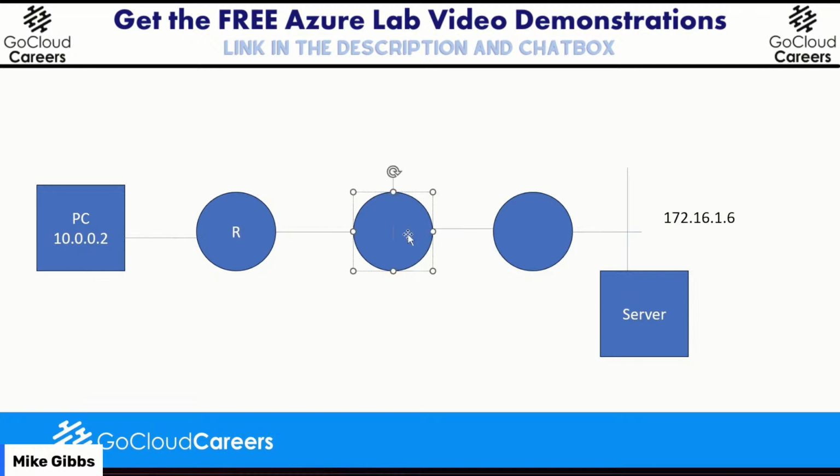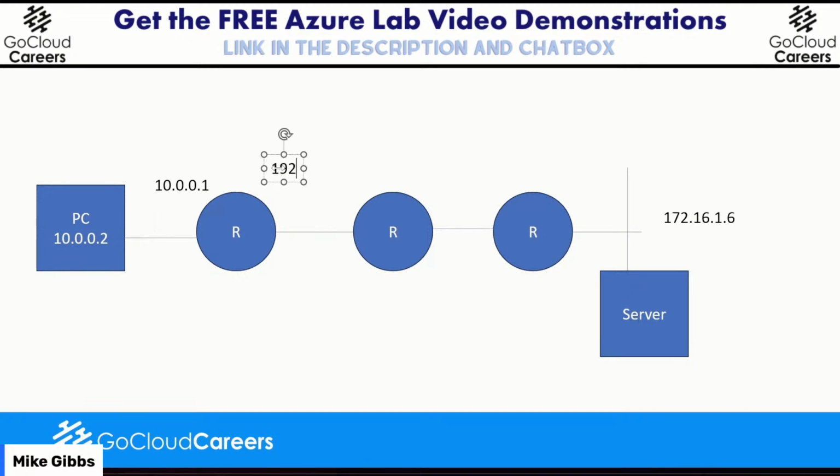So remember, each one of these links has to be on a different subnet. Assuming all these routers are running the same protocol, this link has to be on the same subnet as the PC. So that could be 10.0.0.1. Now, here we're going to use a wide area network segment, and we're going to be terribly wasteful in address space. I want to make it clear.